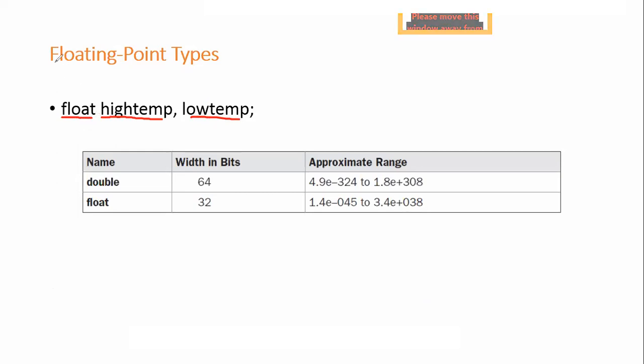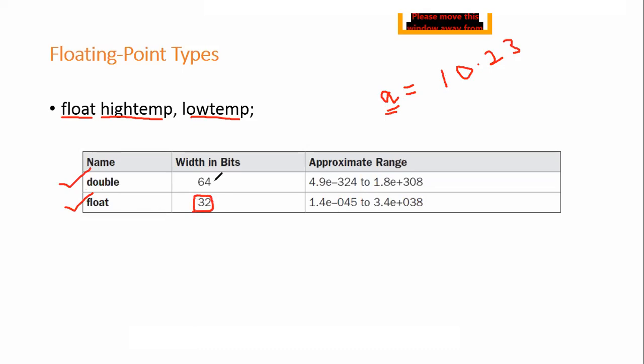Okay. So for floating point types, what is a floating point type? Just now discussed. 10.23 is a floating point value. And this floating point value you want to store in a variable called A. And the type of this variable A can be either double or float. If you make the variable A a float, it's going to occupy